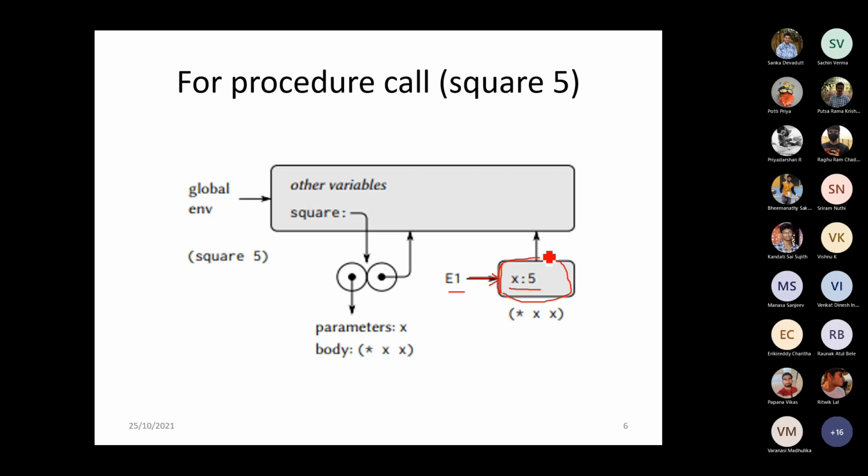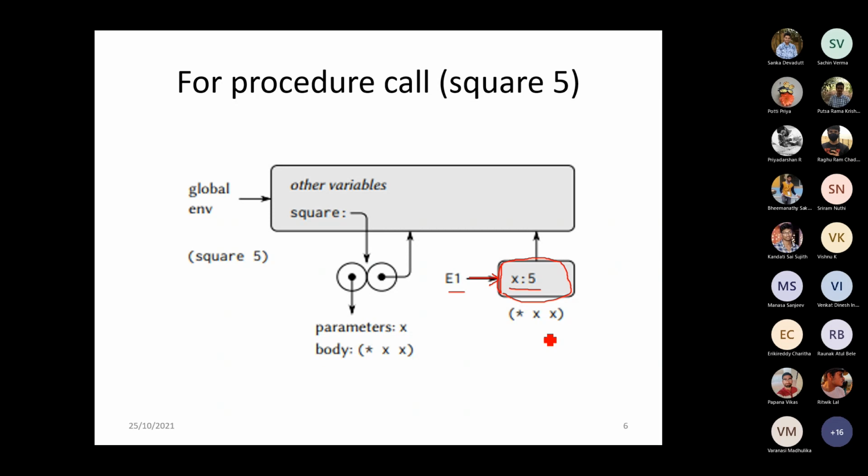And from where does it have to be pointed? Now we have created the frame and we have given the name. Why have we given the name? Because this procedure, whatever we have created, is a named procedure. So we can access it from wherever. Whenever you say square, we can access it with respect to a particular name. For that reason, internally we can access it by using this pointer name E1.